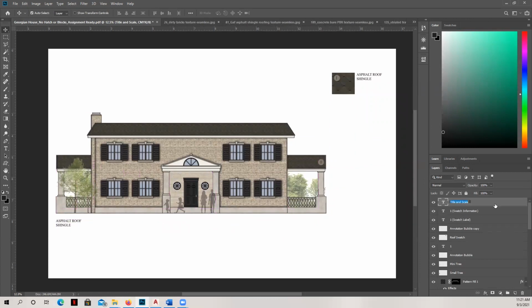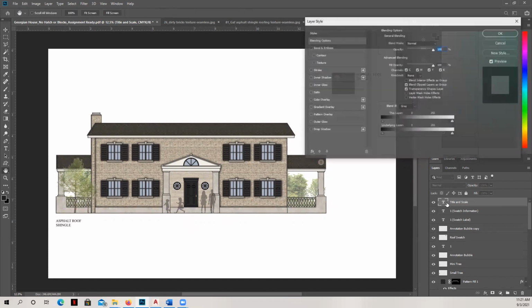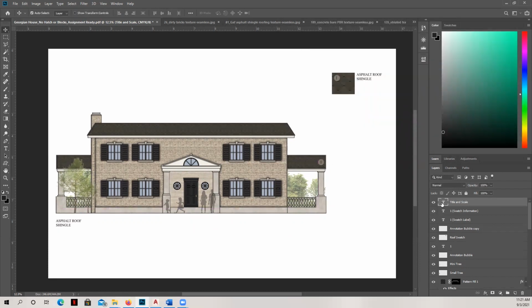I'm going to increase the size just a little bit. I'm using very traditional serif text here because this is a very traditional architectural typology. So we'll change this to